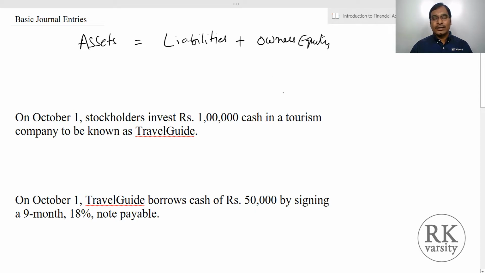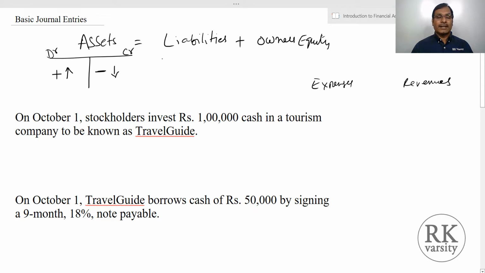And in addition to that, we also consider expenses and revenue, because the difference between expenses and revenue is the amount that belongs to the owner's equity. So in case of assets, what is to be written on the debit side, that is the left hand side, and what on the right hand side: when there is an increase in assets, we write it on the debit side, or we debit that account. And when there is a decrease in assets, we write on the credit side.